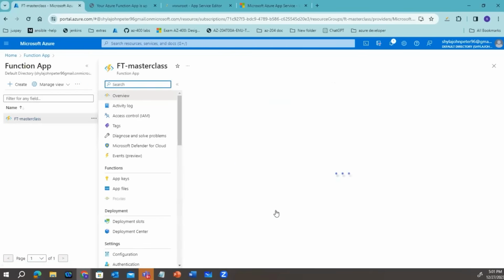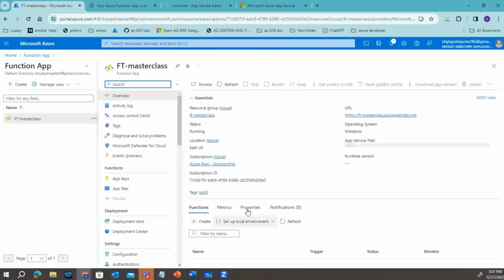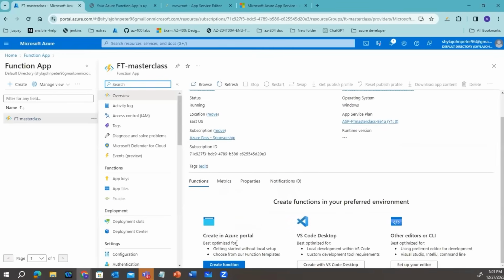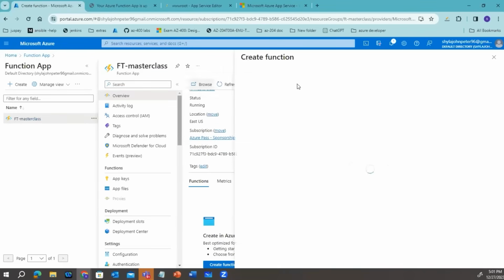You can work with it in the portal, or if you are a developer and you are going to work with Visual Studio, yes, you can clone it with Visual Studio and write your logic there. Or if you have any CLI, you can work with any CLI methodologies as well. Let me just create a function quickly and show you how things are.